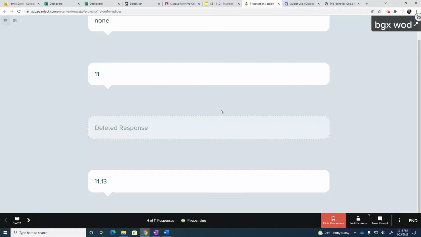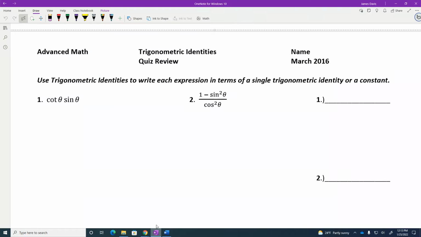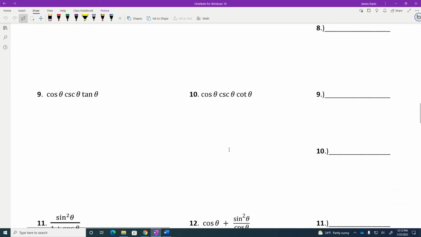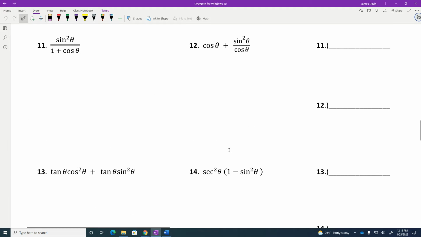Start with these. So 11 and 13, we'll definitely do those to start. Everyone else has the... Make sure you have that